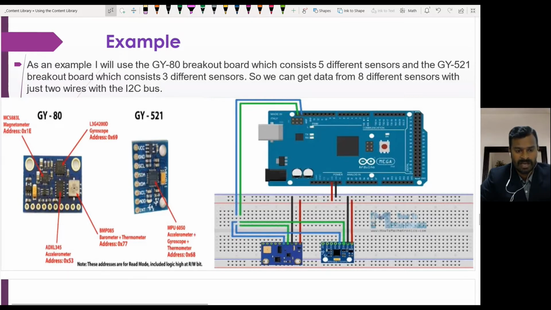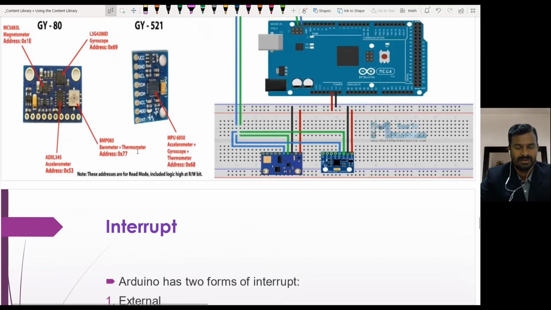We have these SCL SDA pins here, and similarly SCL SDA pins here, so that based on the protocol, the data will be transferred from different sensors. From here the data will be transferred, and here also it will be transferred vice versa. Either the Arduino can be sending the data, or the sensors can be sending the data to the Arduino. So this is a simple example of I2C configuration. These are just methods of communication between the Arduino and various external peripherals.